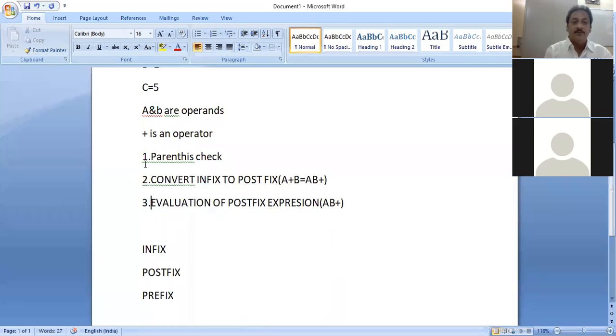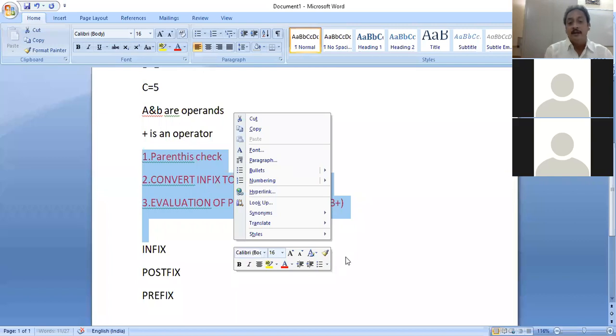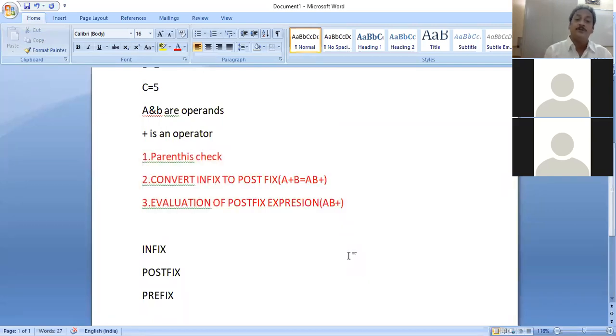Did you understand what the computer system does using stacks? Yes, sir. Stacks have a major role in finding the value of an arithmetic expression. First it checks the parentheses, whether they are equal or not. If the expression has two left parentheses and only one right parenthesis, it cannot be equal, so it will return this as an invalid expression.